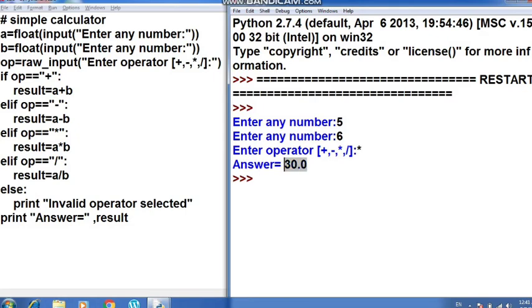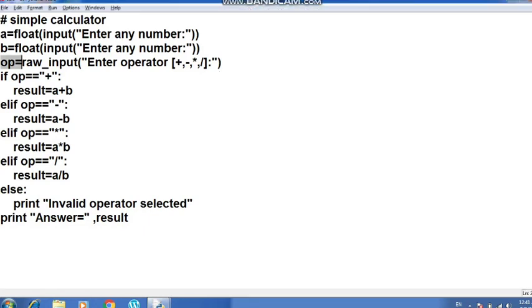So how this program works, after getting the input from the user, the operator sign gets stored here in OP. Now the control goes to the if line. Now suppose that user has entered here multiplication as we have done. So the control will match this multiplication symbol with these operators. So suppose this condition will get false. When the control goes to the first line operator must equal to plus symbol, it will get false because this character is not matching with this character.